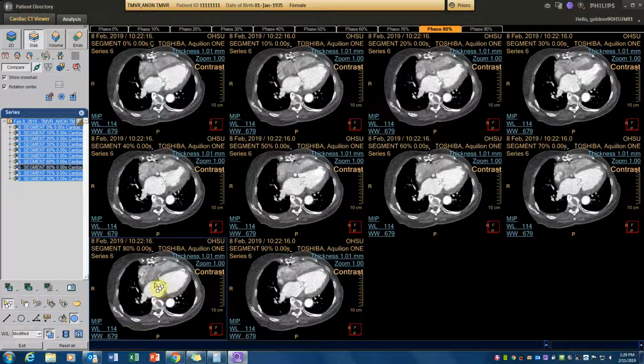right before the left atrium starts to contract. So we can see here on the 80%, the left atrium is a little bit bigger than on the 90%, and you can see that the left ventricle is bigger than the preceding sequences. So this is probably the one we want. This is the one right before end diastole. Here at the 0%, it's probably at the point where the left atrium has already started to relax after the contraction. So we're going to select just the 80%,